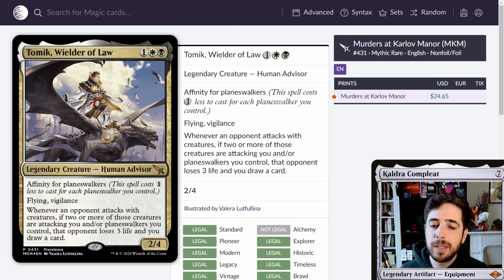Next, we've got Tomic, Wielder of Law. This is a 3-mana Orzhov legendary creature human advisor. It's a 2/4, and it has affinity for planeswalkers, so it costs 1 less for each planeswalker you control. So the first time you cast Tomic, if you have a single planeswalker on the battlefield, then it only costs